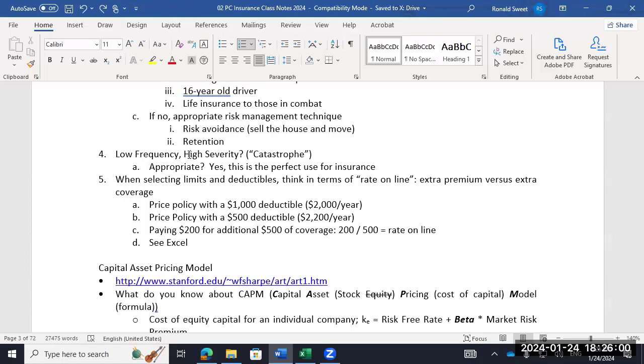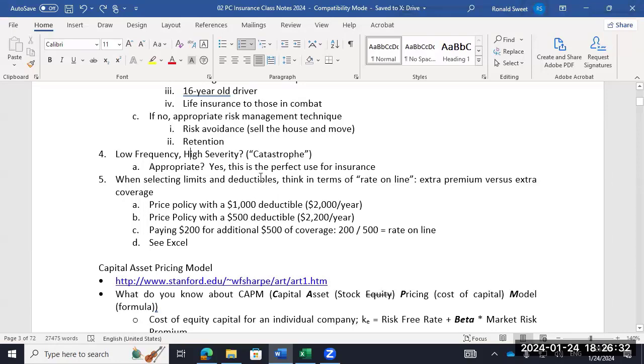You pay $20, and if you die tomorrow, your family gets $500,000. That's a pretty amazing little payoff. Homeowners insurance. Now, you may not even think about it because your mortgage bank is going to require you to buy it. But that's not a good way to think about it. They may require you to buy it, but you still have the choice on what you buy, your deductibles, and those kinds of things. So we'll talk about rate online again. But yeah, you want to buy insurance for things that happen very infrequently, and when they happen, they really cost you a lot.